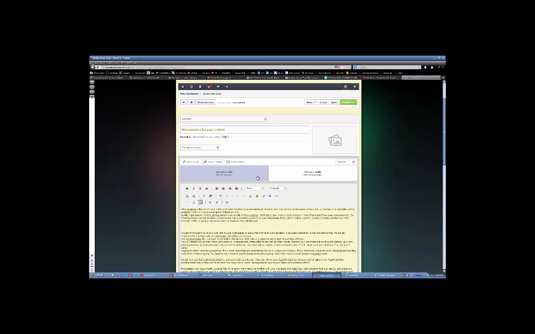The other option here, which says Upload Media, means that you need to use some document, I'm sorry, some image or picture that resides actually on your computer, on your hard drive. If the image is already on the server, then you don't have to upload it, you just select it and use it. So let's do this option first. I'll show you how it works. Choose media. When you click on this thing, another window pops up and shows you